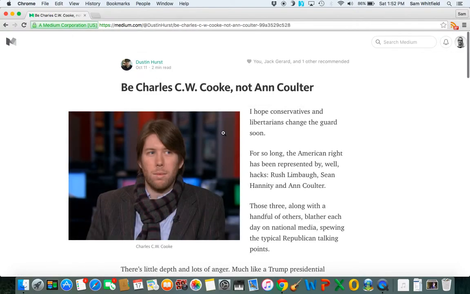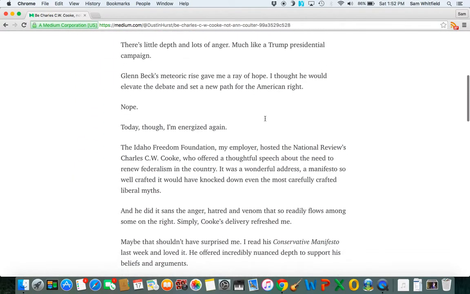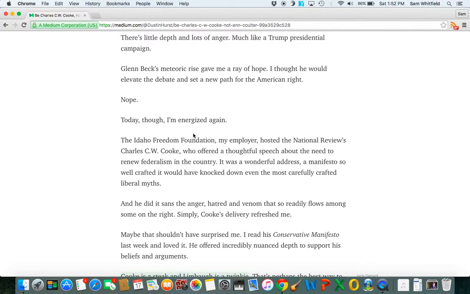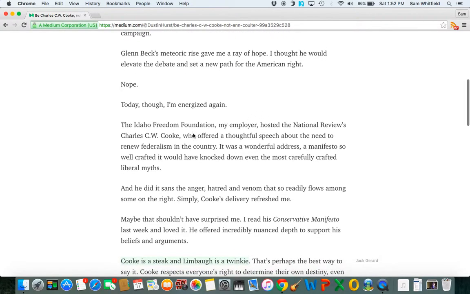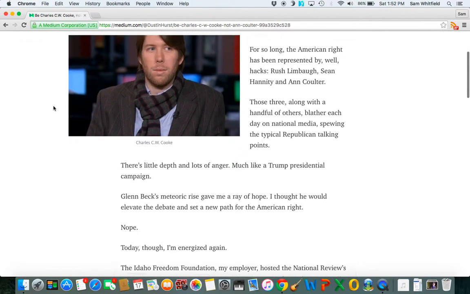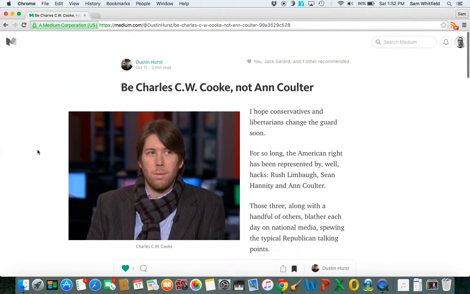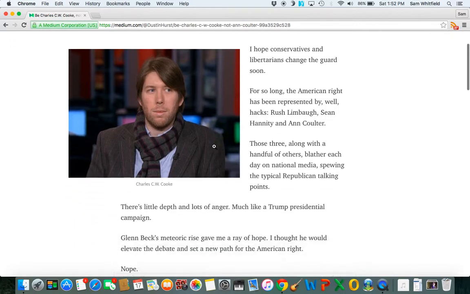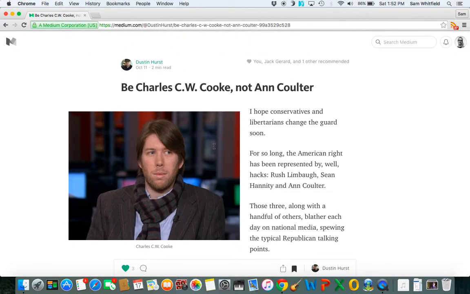So this is an interesting article. I really like this article on Charles C.W. Cook and his intellectualism of conservatism.